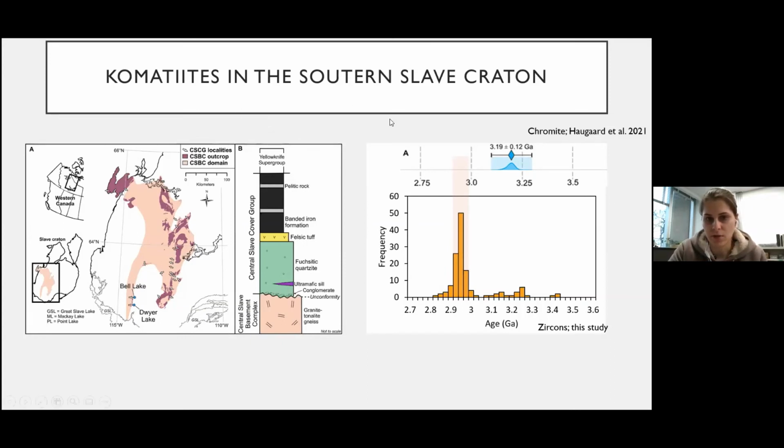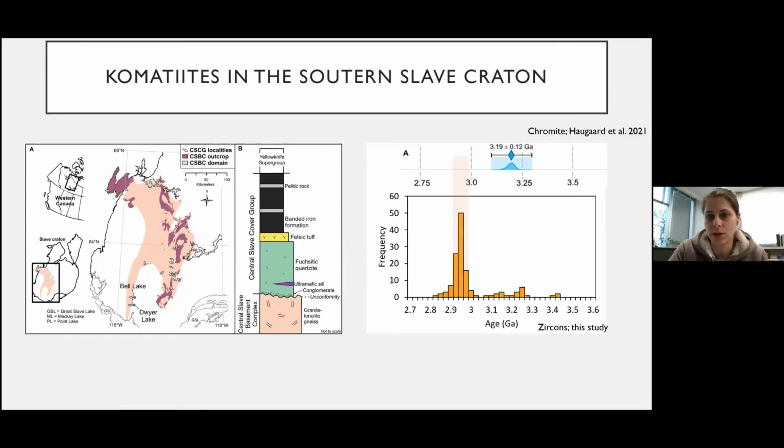A recent study from Haugaard et al. discovered these detrital chromites in the same section in the central Slave Cover Group. They were recovered from the fuchsitic quartzites that are part of the same sequence as the basal conglomerates that we see. These chromites were measured by rhenium-osmium to determine an age, which resulted in an age of 3.2 billion years. So this shows that at 3.2 billion years, we had a very hot, thin lithosphere present in the southern part